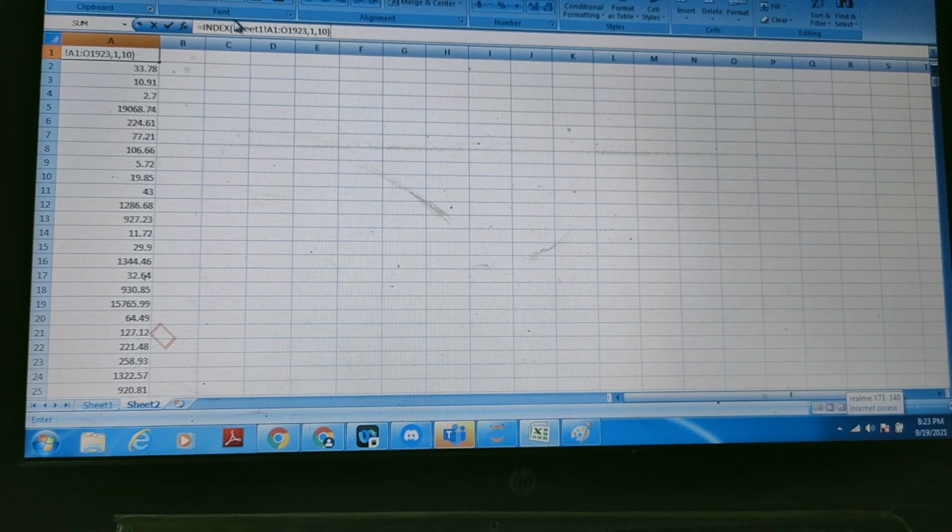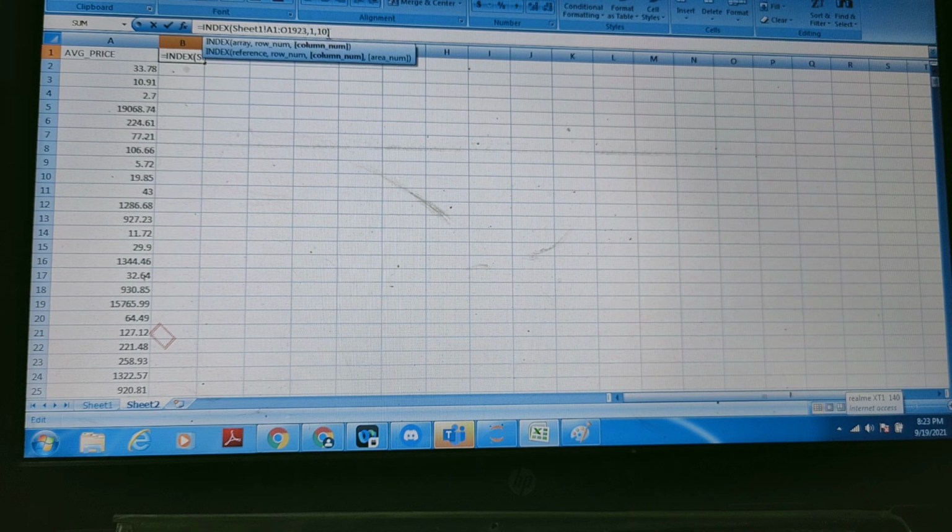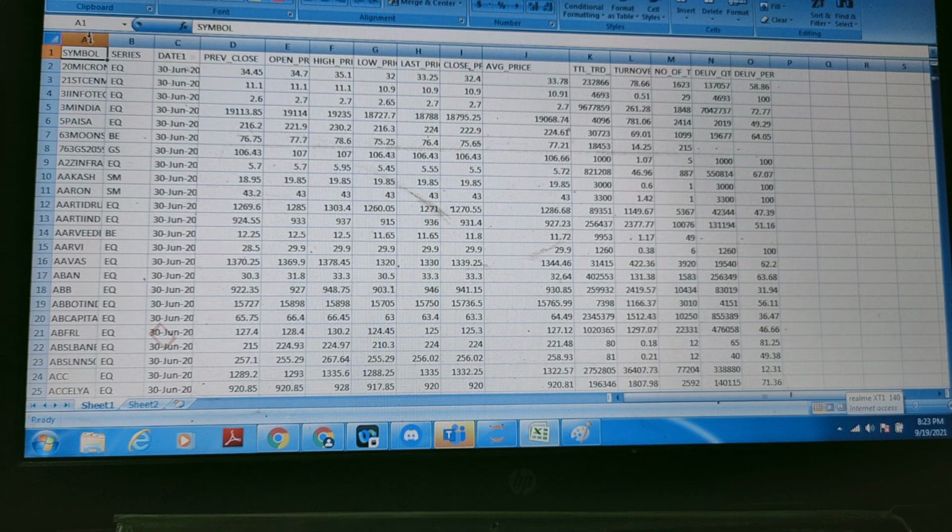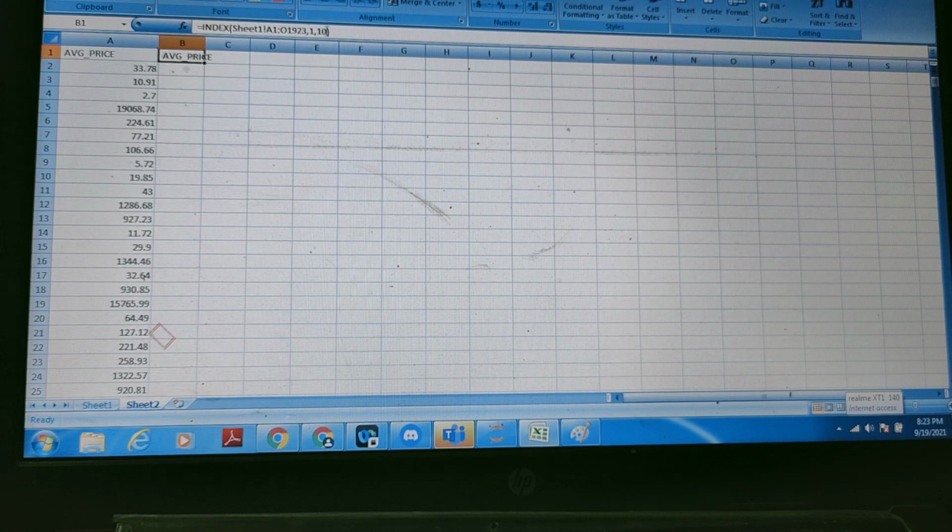Here we will do only one thing: change the column number. For average price we used column number 10, and now we want the symbol, so we will change this number here. The column number for the symbol is 1, so in place of 10 we will use 1, and then press enter.